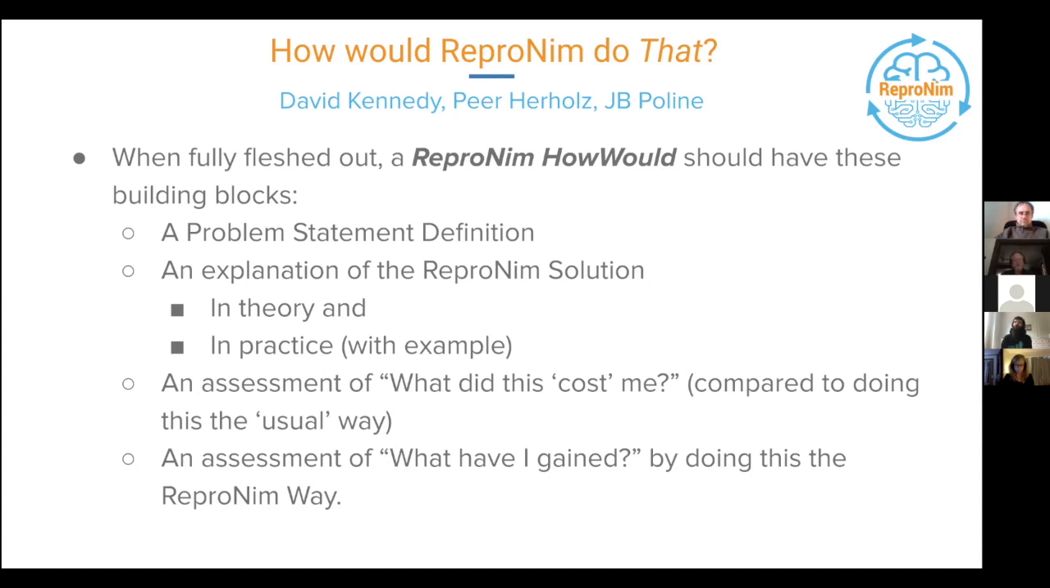These also, as I foreshadowed, include an assessment of what did this cost me? What do I have to do that is different than the usual way, or the way you might have done it before, and an assessment of what I have gained by doing this in the ReproNim way. And if you hit the space bar one more time, again, it's to remind us